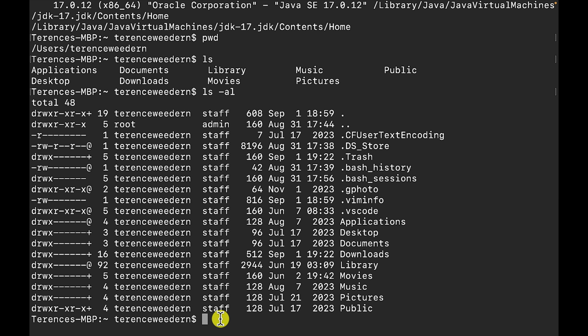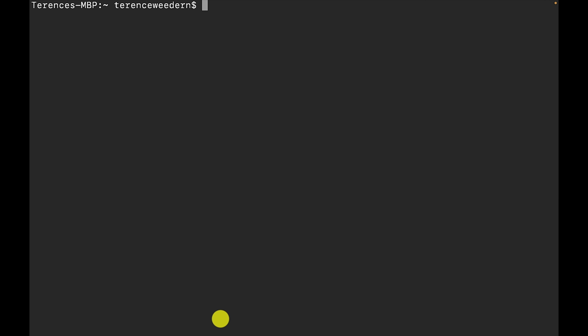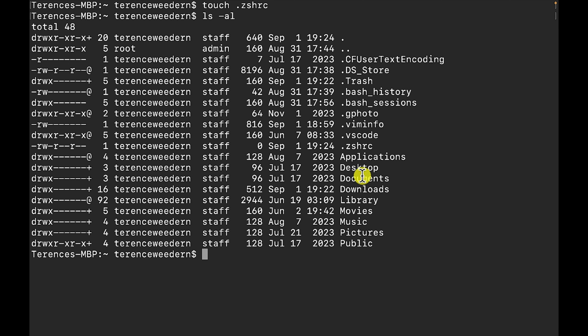So what I'm going to do, let me clear this first. And then what I'm going to create is a touch. So you want to do touch. Remember how we did that? Because I'm creating a file here. I'm not creating a directory. .zshrc. Now let me do an ls -al, and there it is right there. So there's my .zshrc